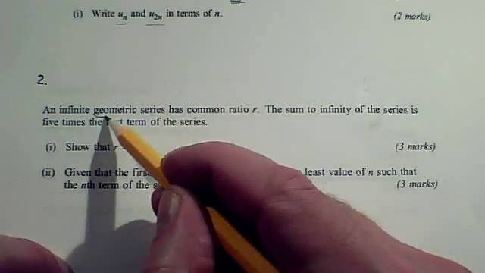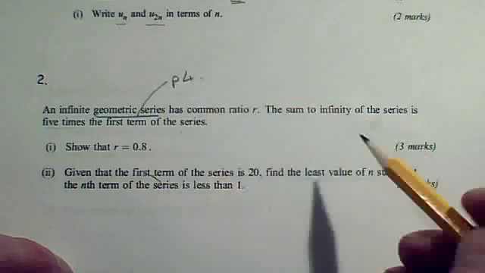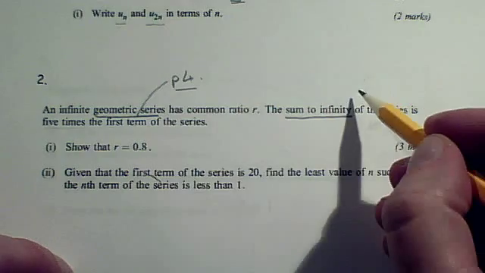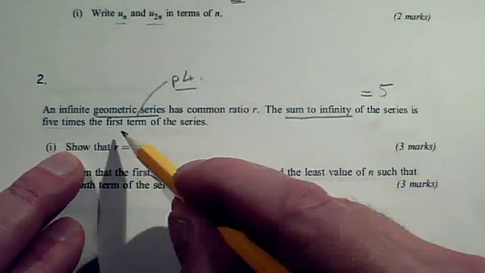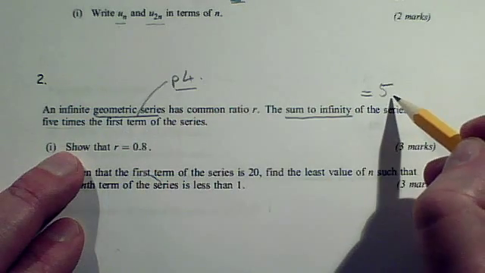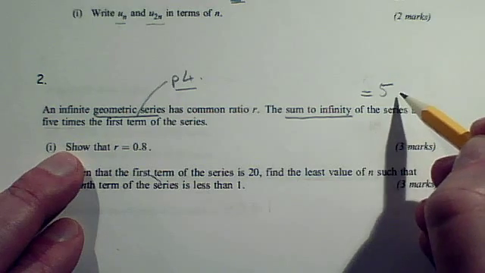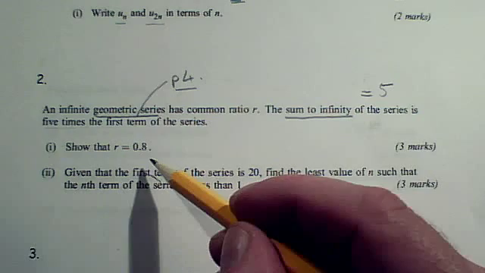Okay, here we've got a question about a geometric series. So we know the formula we need on page 4. We know the sum to infinity, that's a formula from page 4, has to equal 5 times the first term. And the first term is just a standard letter. So sum to infinity formula equals 5 times the first term. Set up an equation. In part 1 you have to solve it